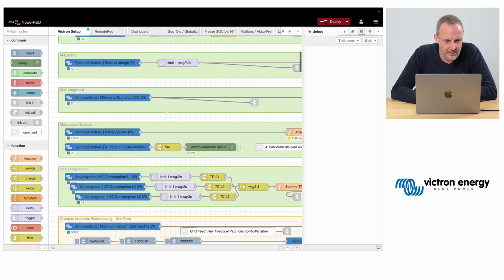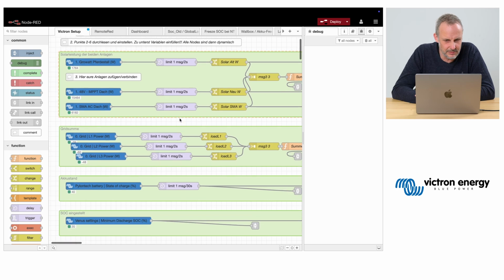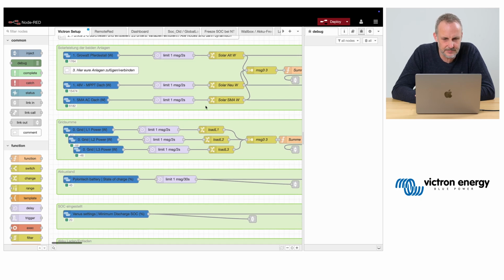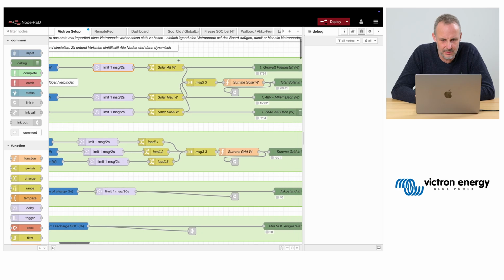All right, but what else do we have on this side? Because there's a lot going on with a lot of comments as well. This is limiting the amount of messages which is coming through, which is done with the delay node.